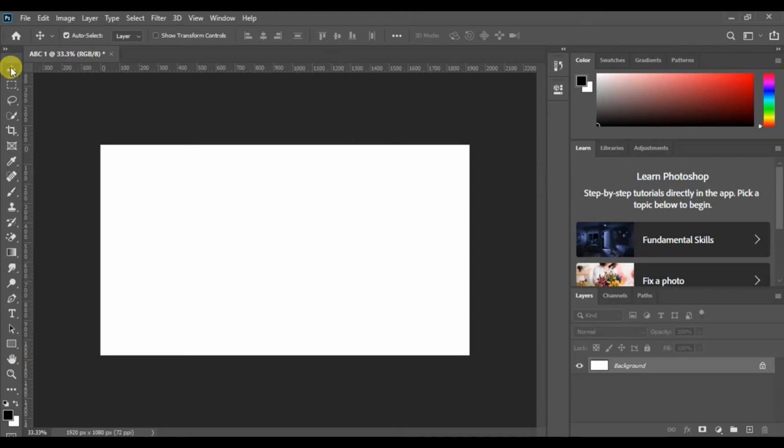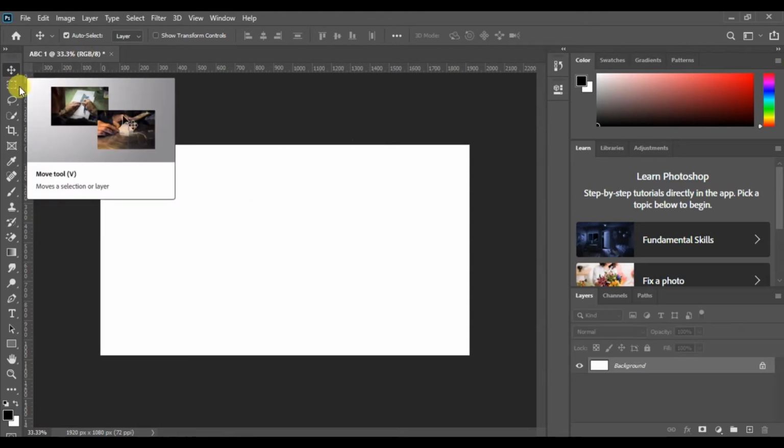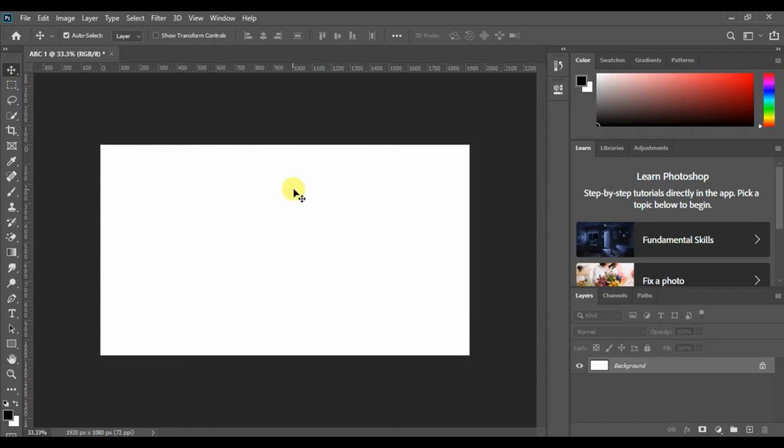Now let's move to the toolbar. The first tool is the move tool. You can easily move any layer with the help of this move tool. See how.